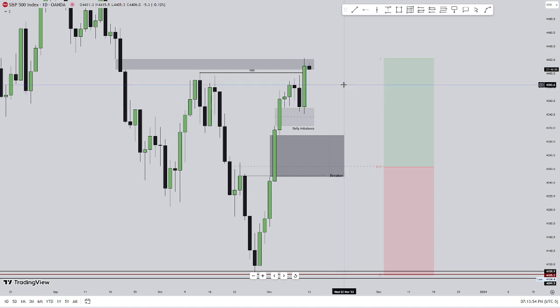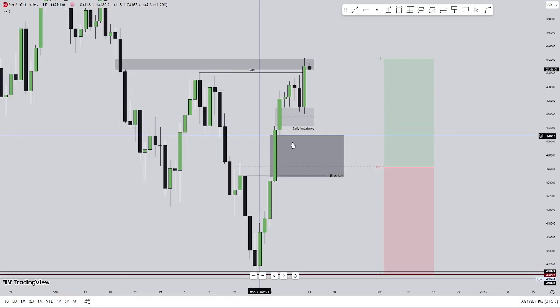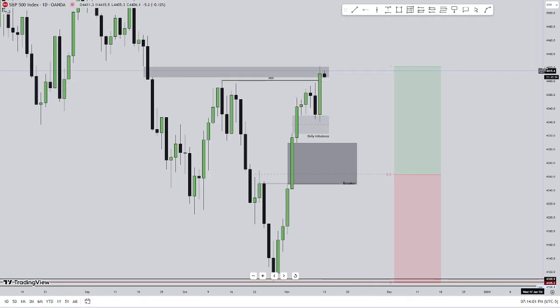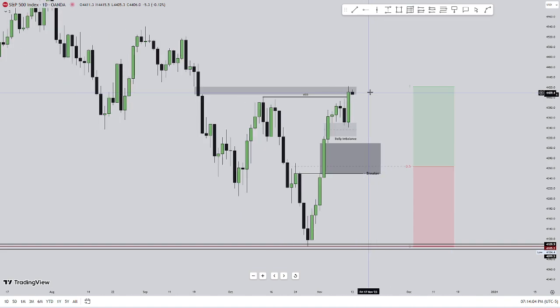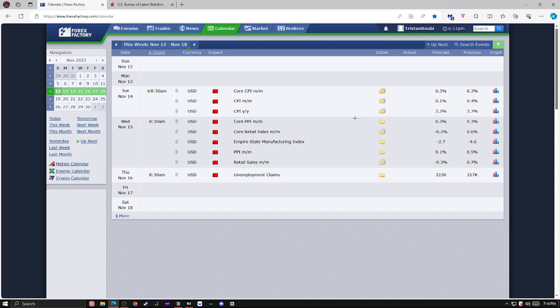But for this week, I would be bearish, and I would be bearish on Tuesday after this news. If CPI comes out bullish, I would be bearish on SPX, and I would want to see price drop even lower, and hopefully create a breaker structure so we could go a little lower. Again, don't forget that we do have a bullish market structure shift here. I do know that, and hence why I'm now targeting to go lower. But in the big picture, I'm actually trying to go higher because of this market structure shift. I hope that makes sense in that bias.